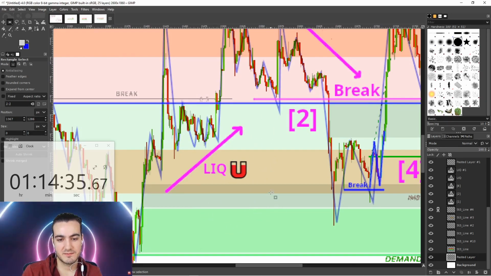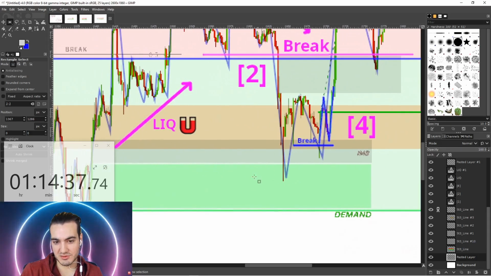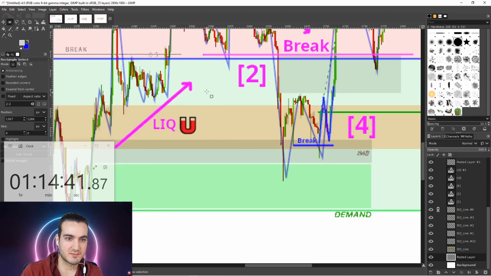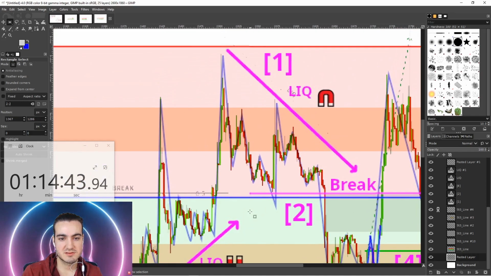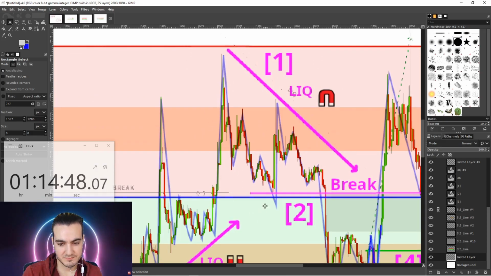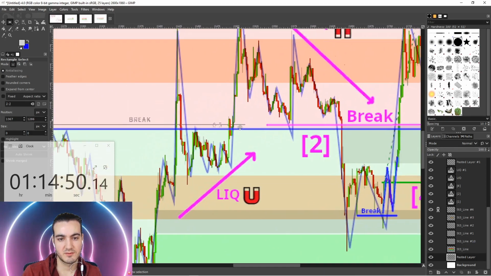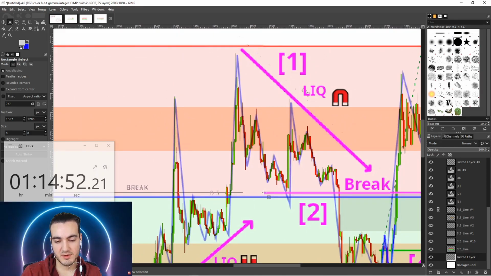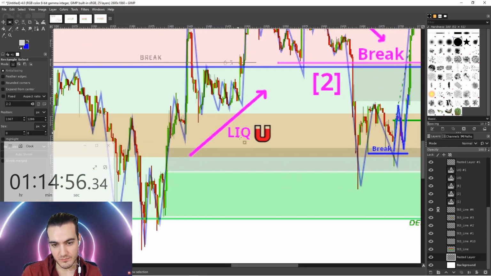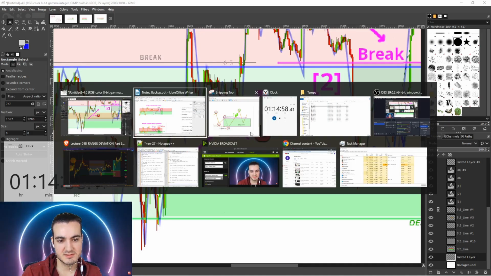So we have the intrinsic bias pushing price up once we enter the demand area of the range, and we have the intrinsic bias pushing price down when we're in the supply area, or if you wanted to call it the premium area, or the discount area. So we got this liquidity line,